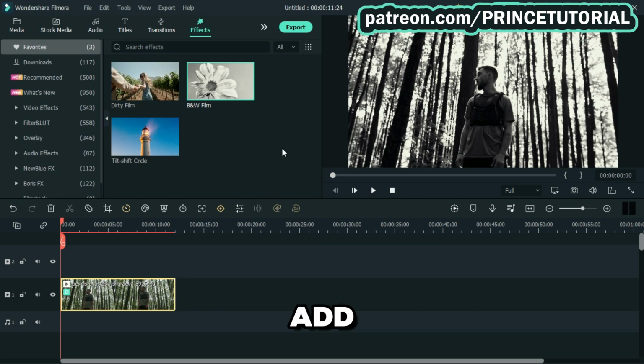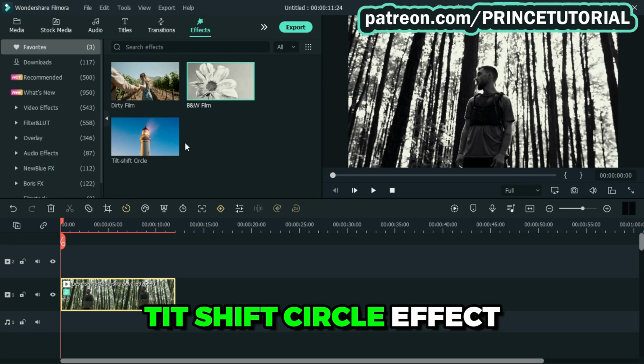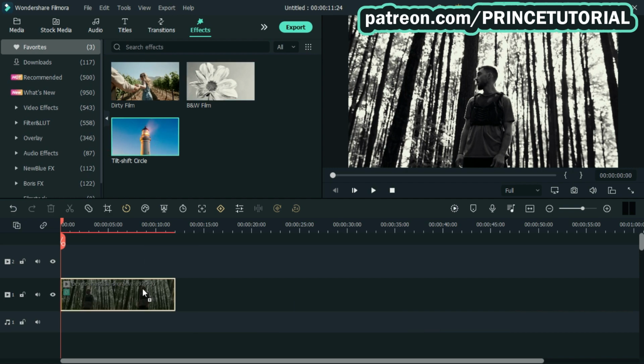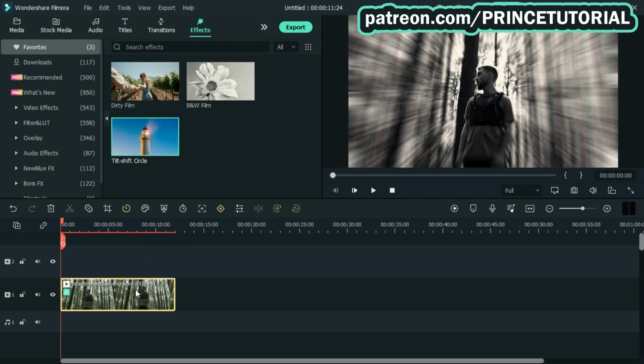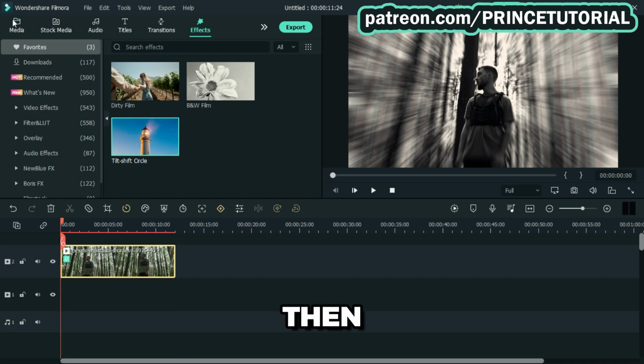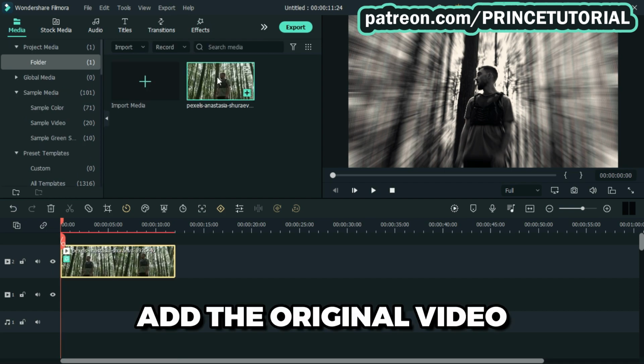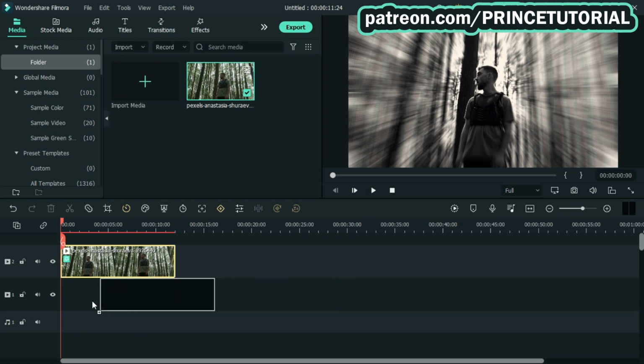Now add tilt shift cycle effect, then place the video in the second track, then go to media, add the original video in the lower track, then